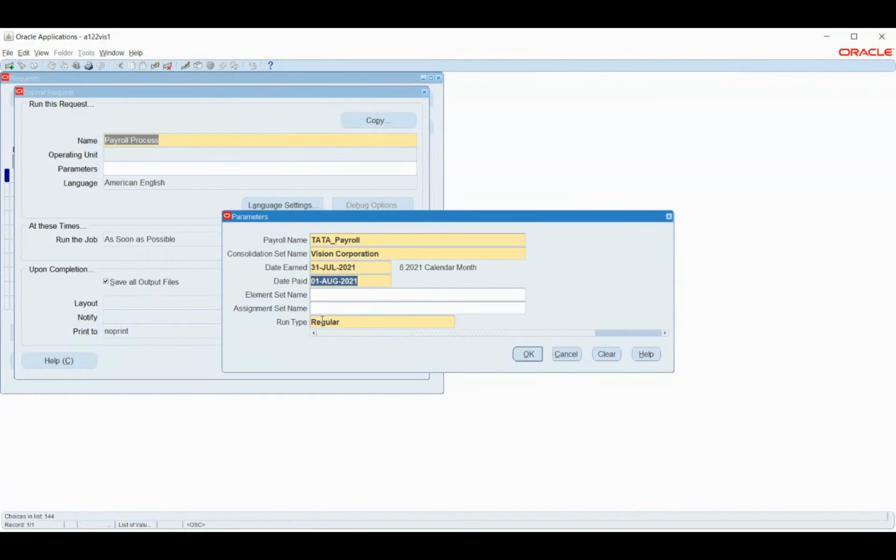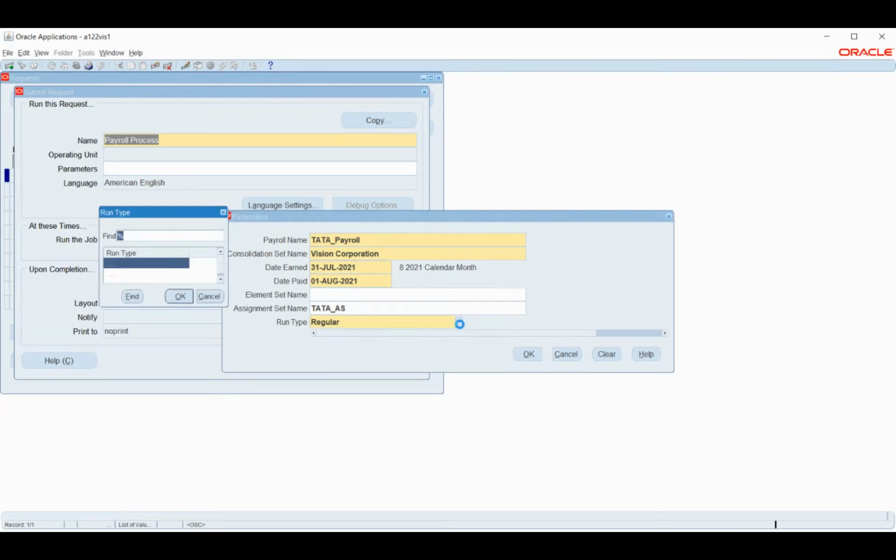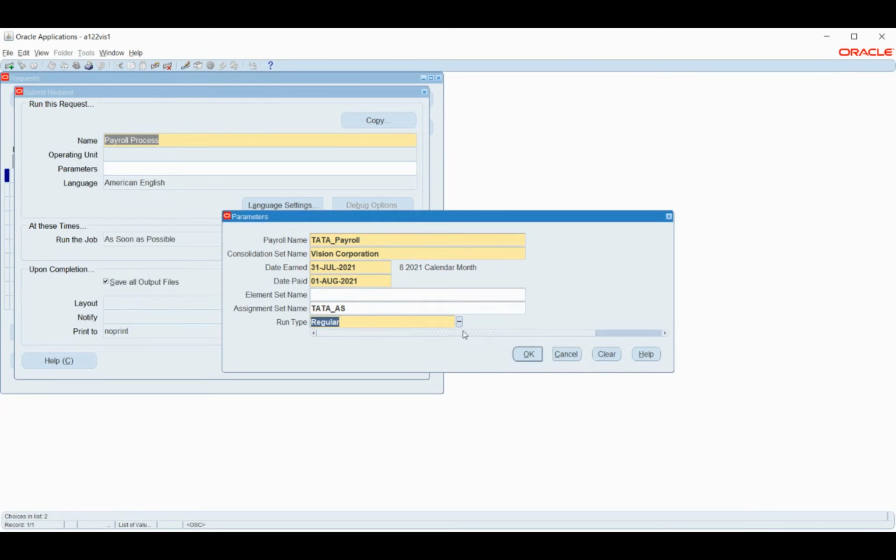So the date that I will get with affected is that it is 1st of August. Okay, and then we will assign the assignment set. Okay, and then we have either a regular run or a supplemental run also. So supplemental is nothing but the alternative that we have created. So that is something kind of ad hoc payments. So I'm not using ad hoc, so I'm just using the regular one.